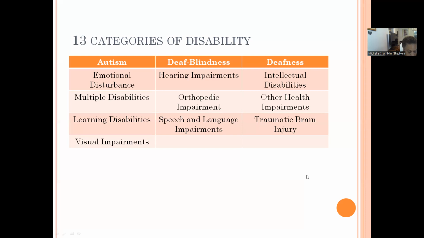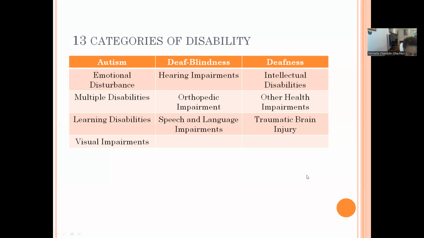This category includes disorders of articulation, fluency, voice, or language that adversely affects educational performance. And last, number 13,